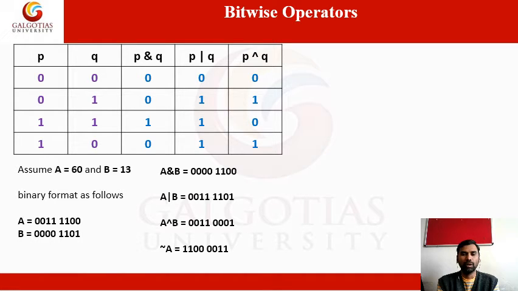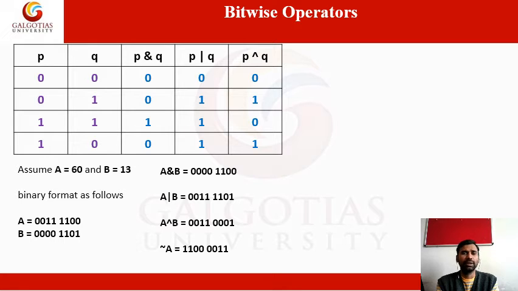There are two variables in a Boolean operation. Look at P and Q. This is a truth table. P and Q truth table: 0 0, 0 1, 1 0, 1 1. So the first symbol, the ampersand, represents P AND Q. What does the pipe symbol represent? P OR Q. And the cap symbol represents exclusive OR. Am I correct?